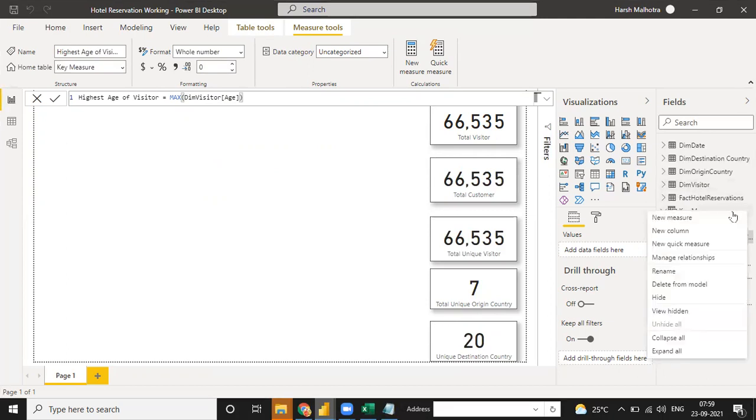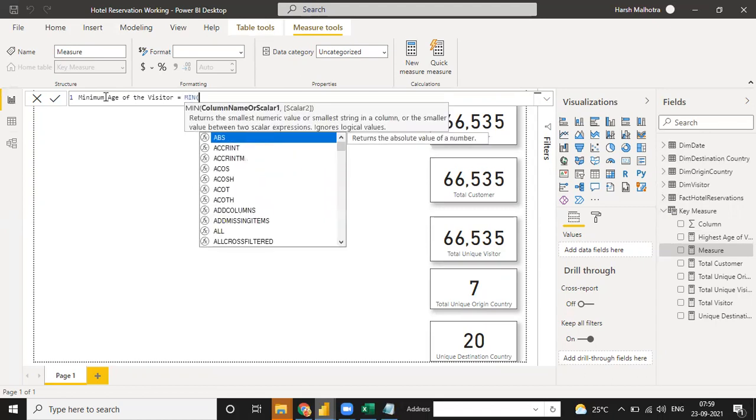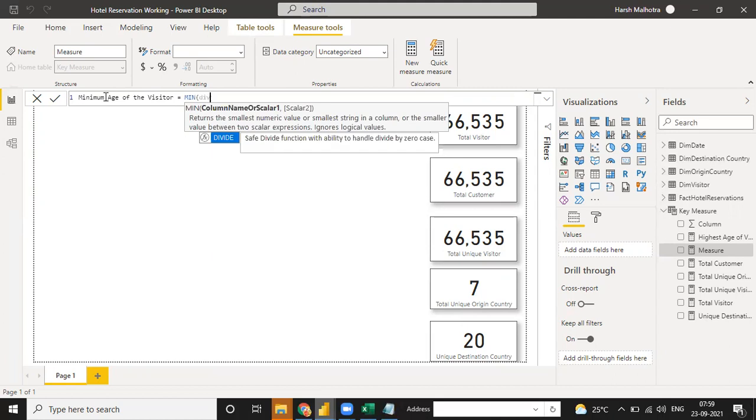And now for the third, the average age and the minimum age. And minimum age you can write as minimum, and same thing, column name, so you can write it as visitor age.